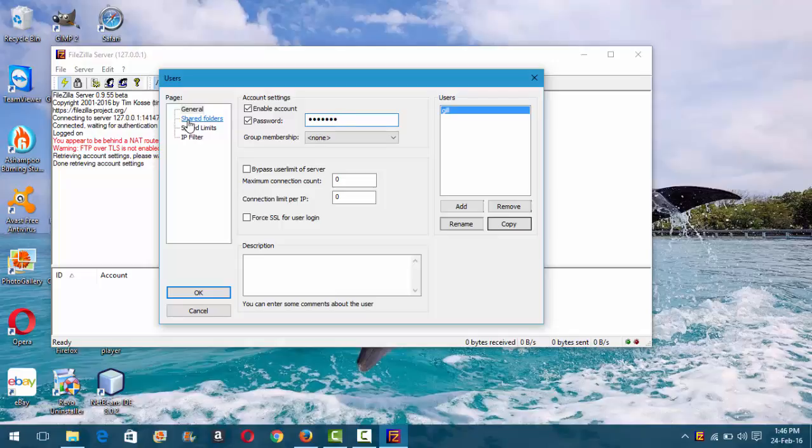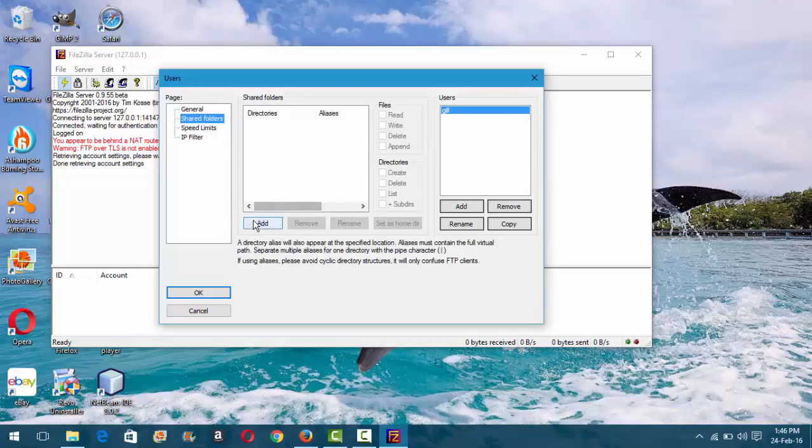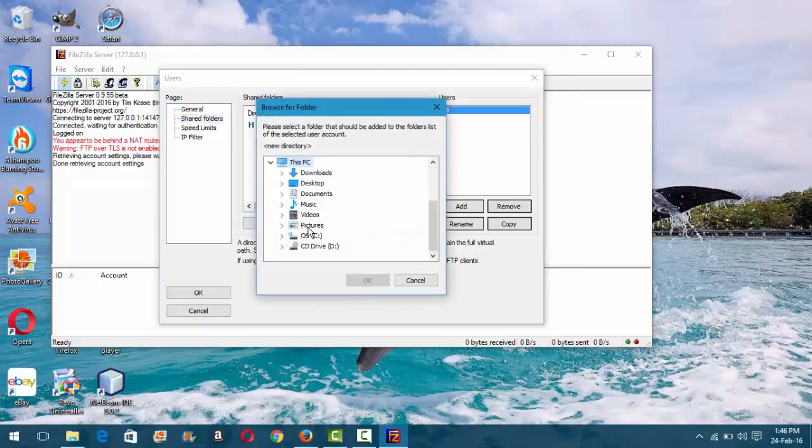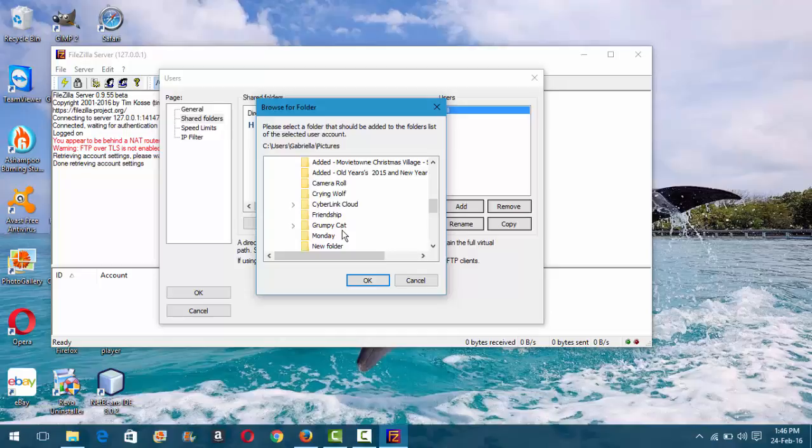and then click on shared folders, then click on add, and by clicking on that, this allows the user to access the folder selected. So I'm just going to click on pictures and I'm going to share the Grumpy Cat folder. Click OK,